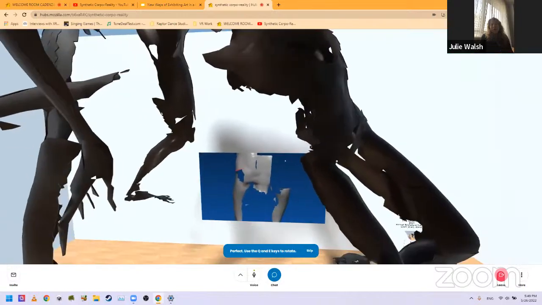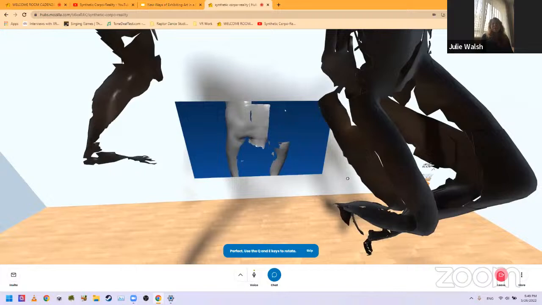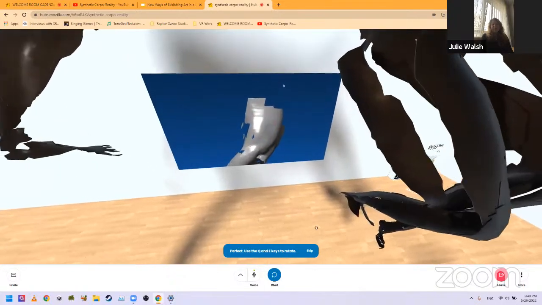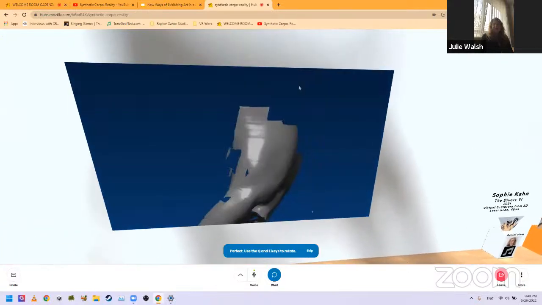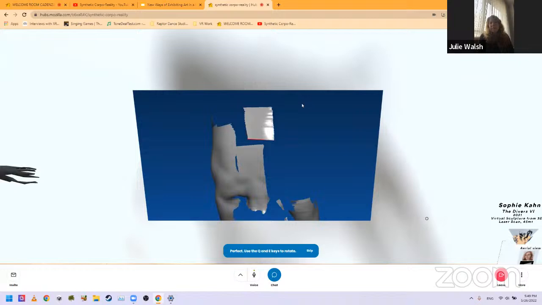And so the artist was very interested in how computers misrepresent humans and what they remember as she's scanning the bodies. And you can see below that blue box was actually when Sophie was doing a live body scan for the opening reception. And you can see how the computer is actually recording the data.